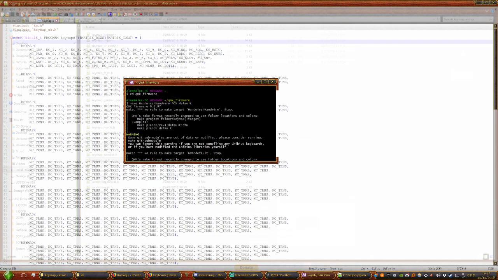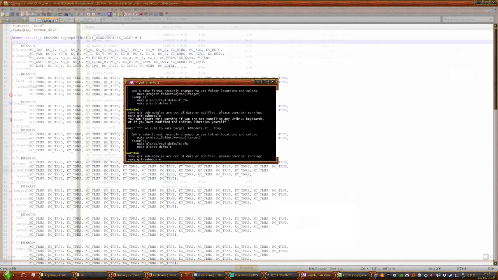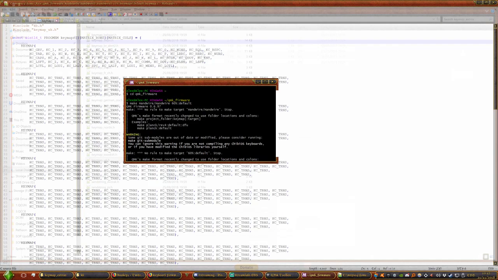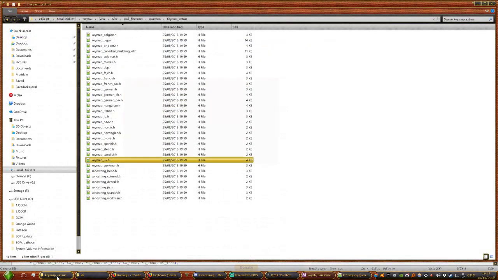Okay, so it's not like that. It's because we haven't changed into the correct file folder, so we need to CD into it. It probably didn't like that we had the space between the 60%. So I shall go and actually